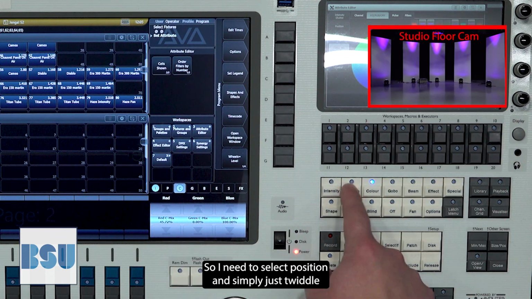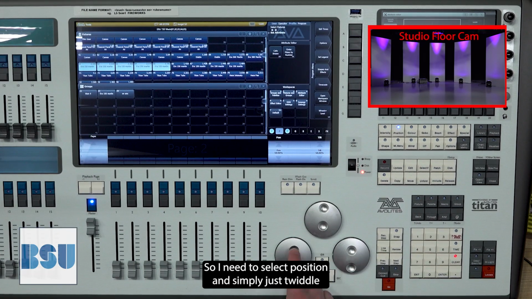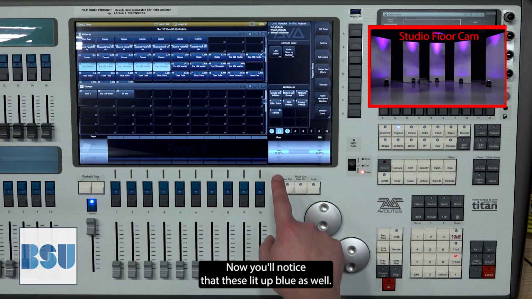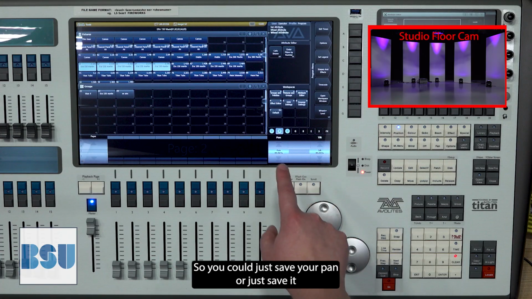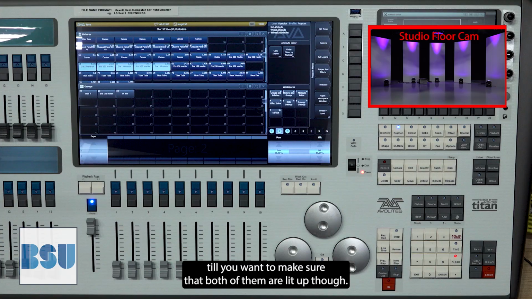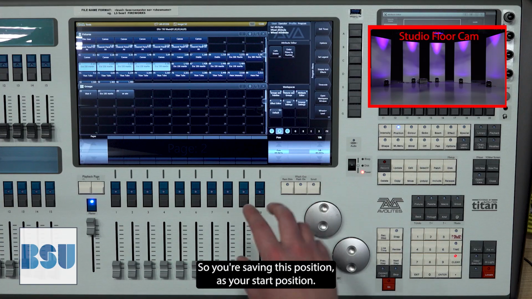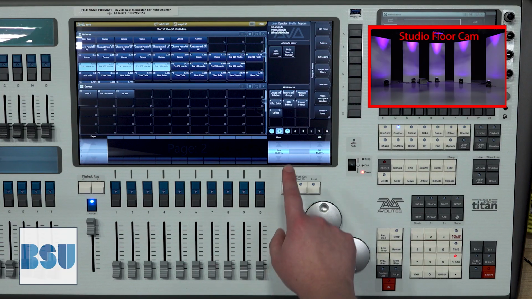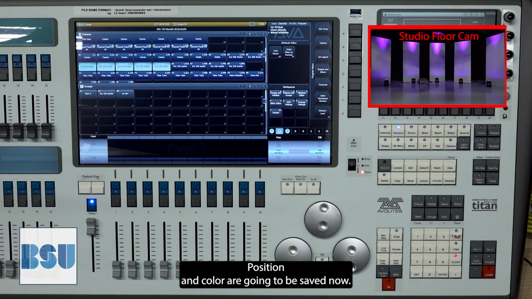So I need to select position and simply twiddle each of the pan and tilt wheels. Now you'll notice that these lit up blue as well. So you could just save your pan or just save your tilt. You want to make sure that both of them are lit up though, so you're saving this position as your start position. So this is our position 1,